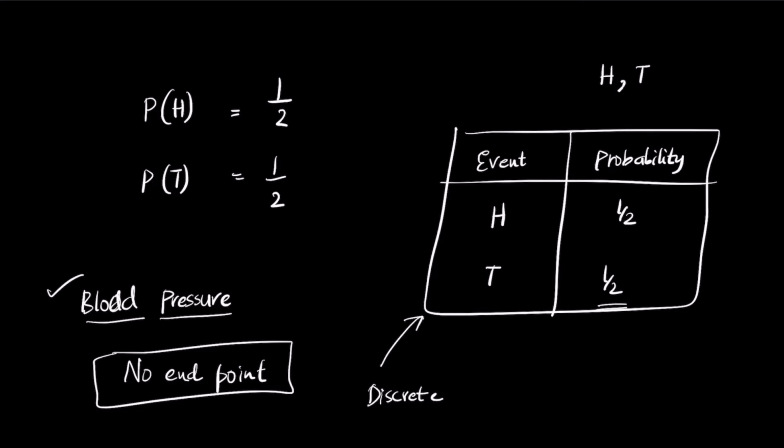If you are thinking about a short amount of time with a finite number of events, then blood pressure is not a variable that you want to consider, because that variable can change continuously and will never be at one single point at any given point of time. So that is the idea behind a continuous random variable. In this lecture, we'll discuss only discrete random variables. So with that, let's start the first topic,